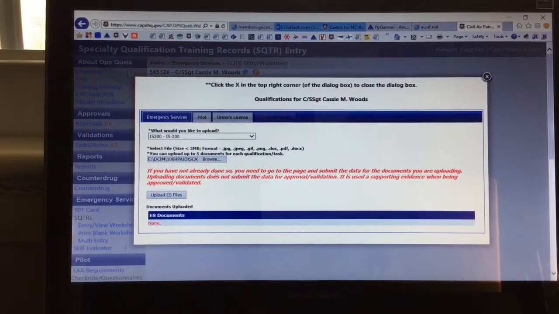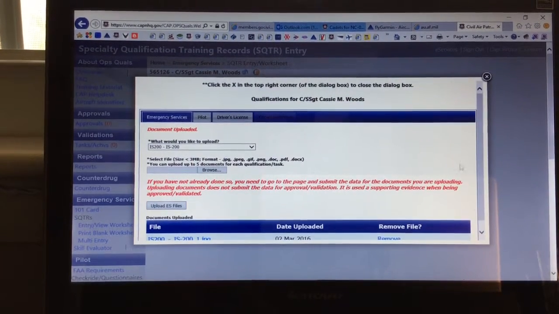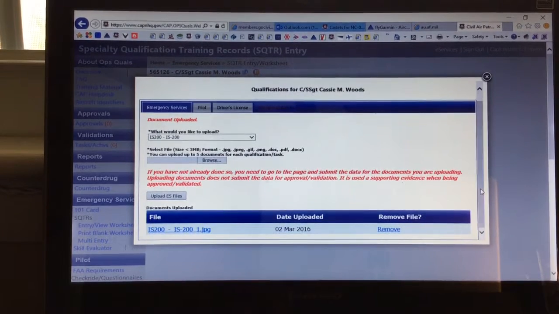So you're not done yet when you do that. You've put it into the queue to be downloaded. Now you've got to hit the upload ES files. So when you click on that, it should show up right down here as to what documents are there. So I click on that, and it'll take a couple seconds, and there it is. IS 200 JPG